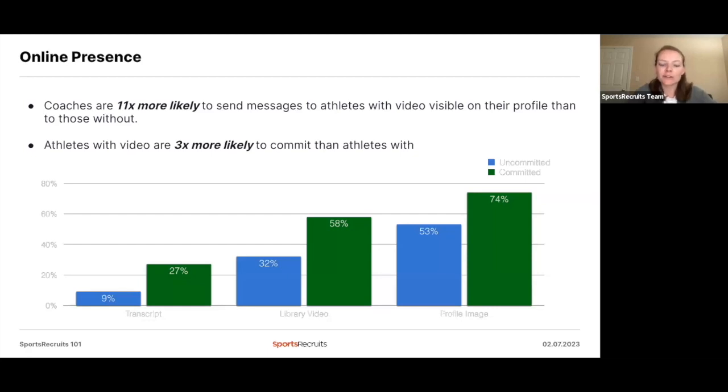You're going to have your first profile that you create when you first start, and then you want to continue to update that throughout your high school years. That will allow coaches to continue to evaluate you through their own admissions process and making sure that you're a right fit for them. And again, as you can see, in the charts here, just by simply uploading a transcript,